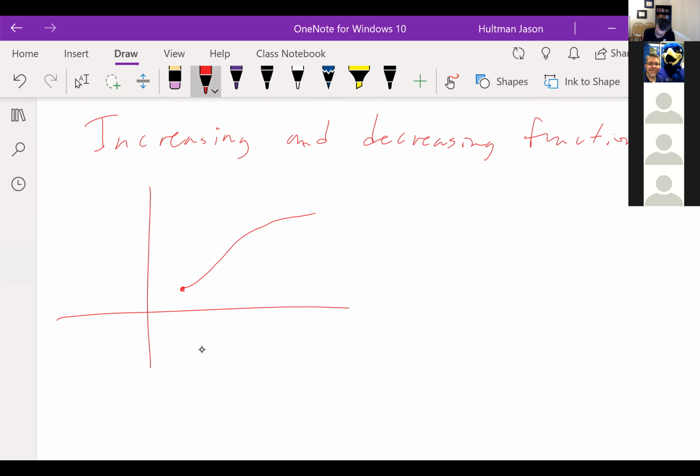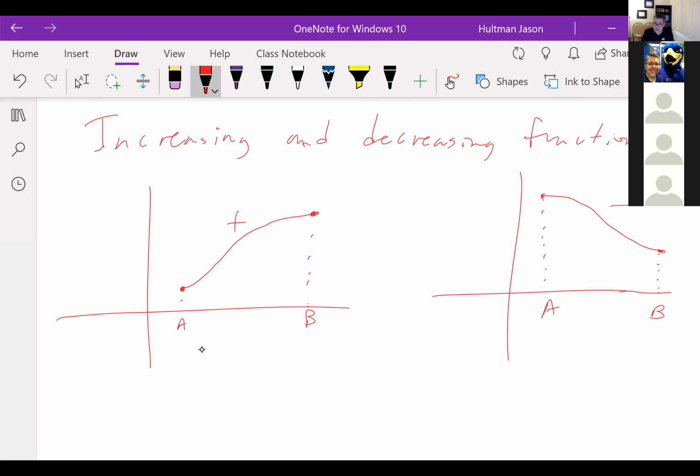Okay, so what does it mean for a function to increase on an interval? Well, it means that it goes uphill. This is an increasing function. It means that at every point between A and B, as I go from A to B, the values get larger. What does it mean for the function to be decreasing? Well, it's just the opposite. It means that from point A to B, it goes downhill for every point in that interval. That function is decreasing on that interval from A to B.